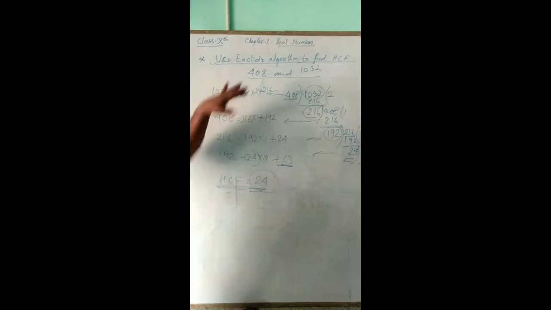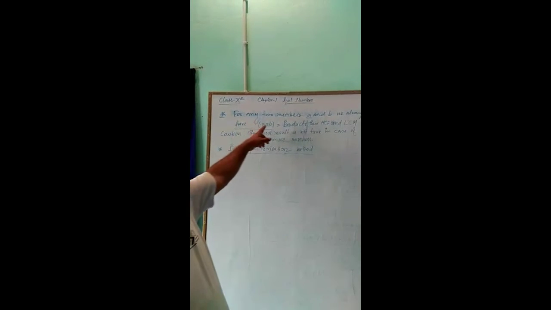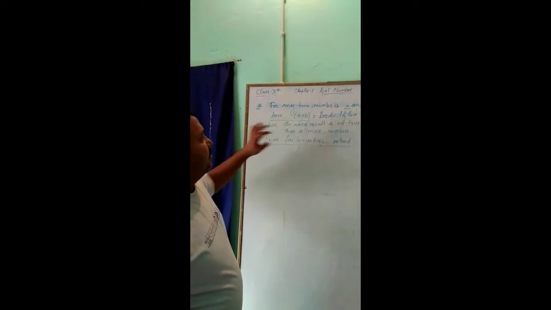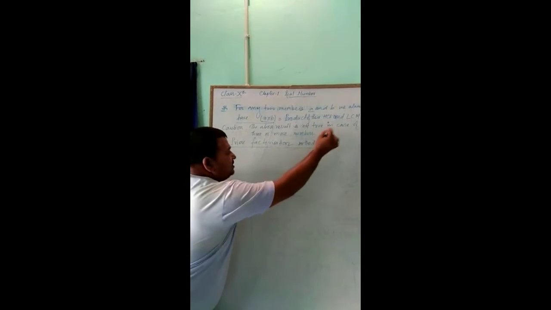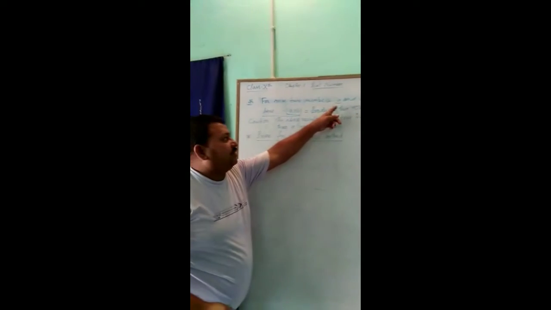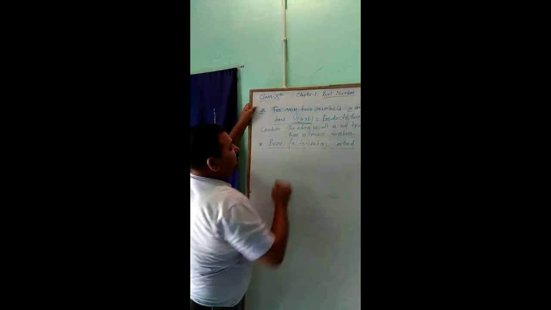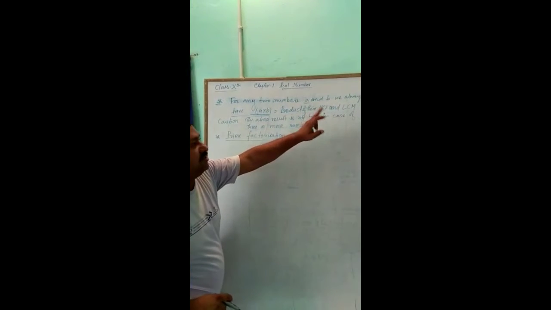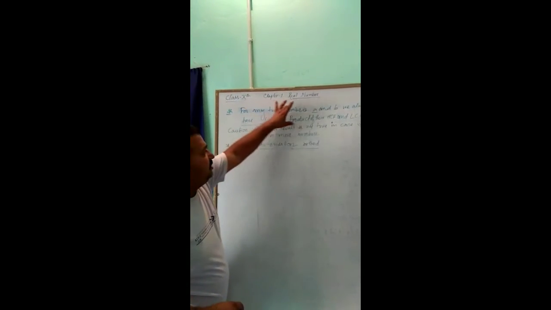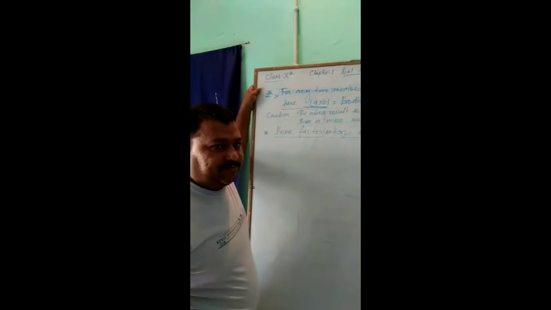Second thing, in another way, by the factorizing method we can also find out the LCM and HCF. If any two numbers A and B are given, then we always have A into B equal to the product of HCF and LCM. That means if two numbers are given, then their product is equal to the product of their HCF and their LCM.